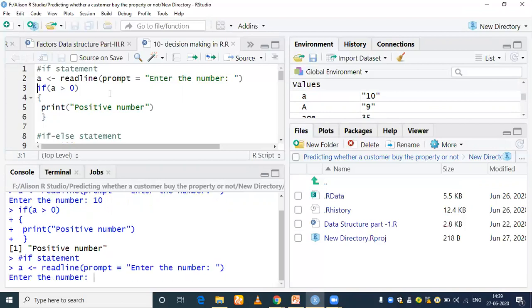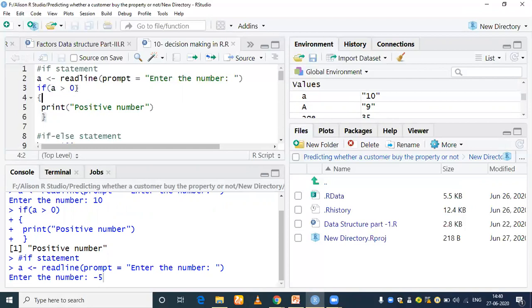And it is going to allow us to enter the number. See here, it is asking us to enter the number. At this time I am entering the number -5. Now tell whether -5 is a positive number? No. So inside the if condition, if the if condition is evaluated to be false, so check here.